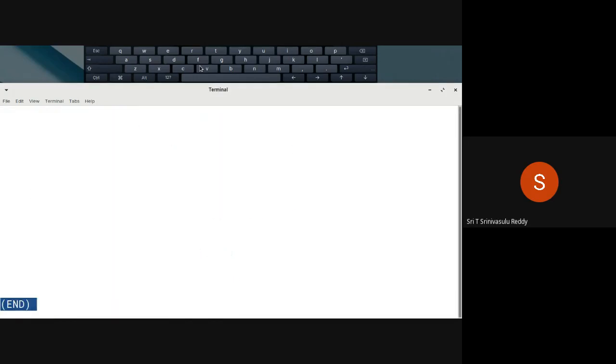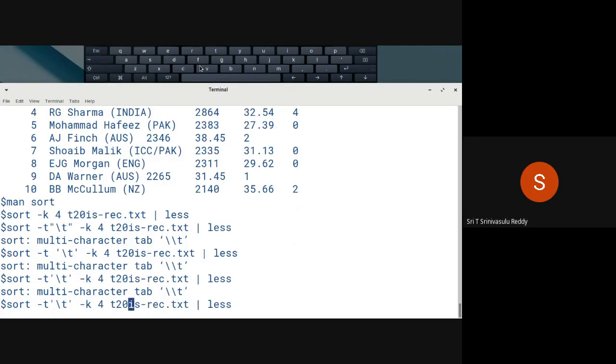Like this. It should actually, minus t or delimiting character we have to specify. Tab, you want to do that. So it is somehow not allowing. Let me just